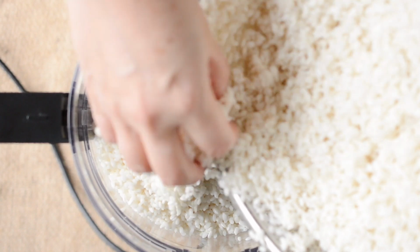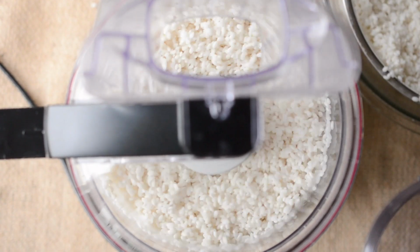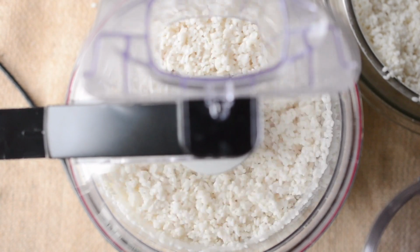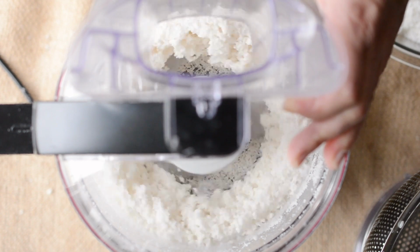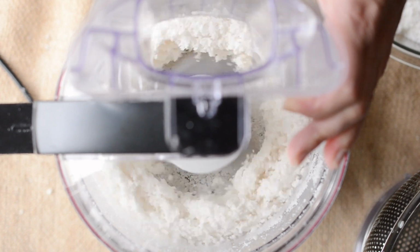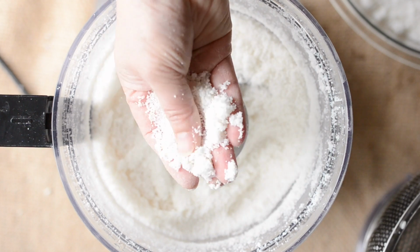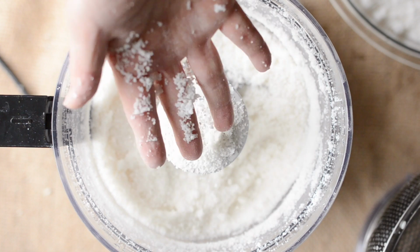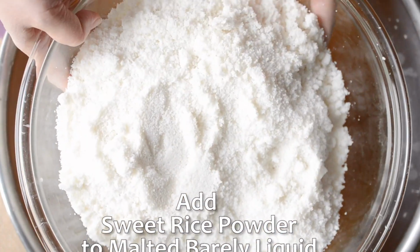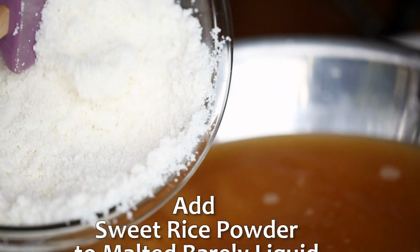So I'm putting the soaked sweet rice in a blender, and we're going to blend it until it's as fine as it can be. When you're done, you'll notice it'll still have some grit, but that's fine. Now you may ask if you can use mochiko flour. I prefer not to for making gochujang because you need all that fresh nutrient and the moisture the soaked sweet